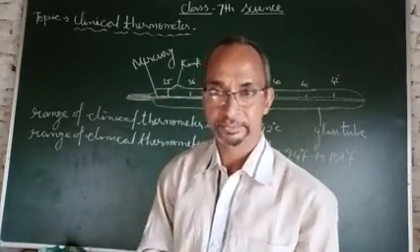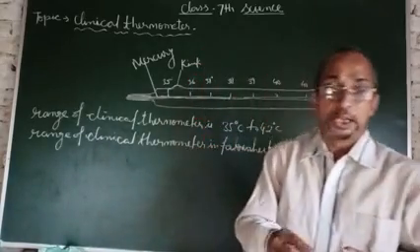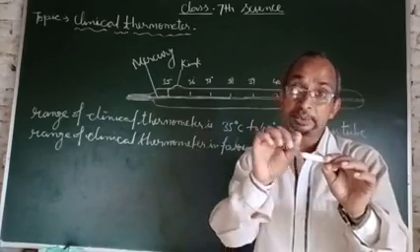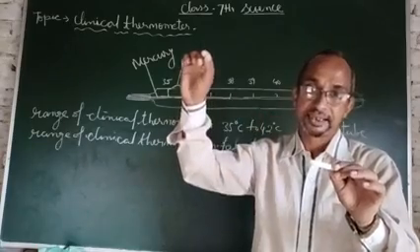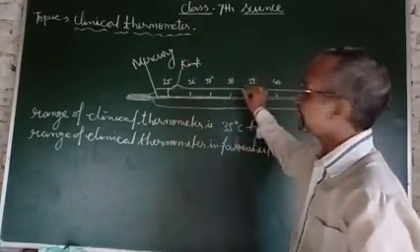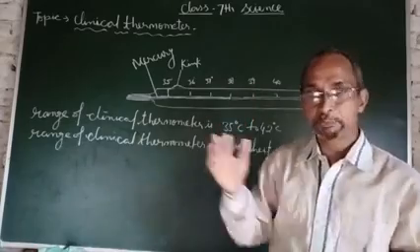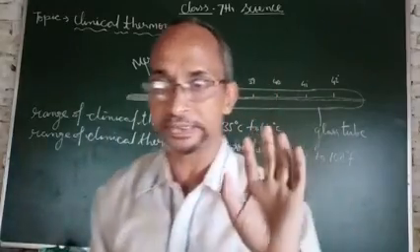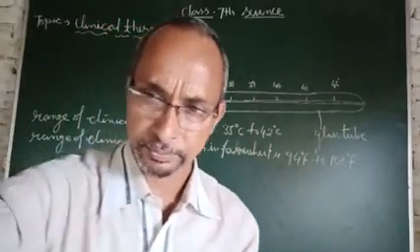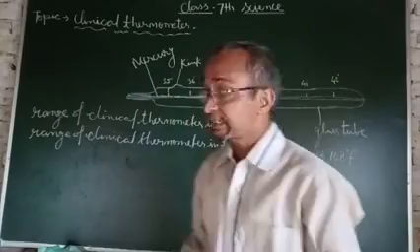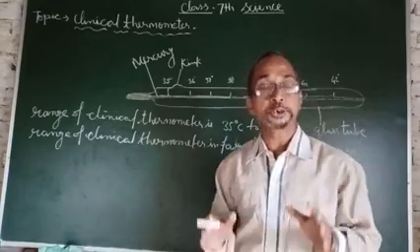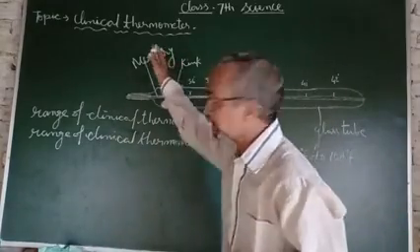Then you will see in that thermometer the mercury will have expanded up to some distance, some mark. You will find the temperature of that person, that body. So it is the process of measuring the temperature of the human body by the clinical thermometer.